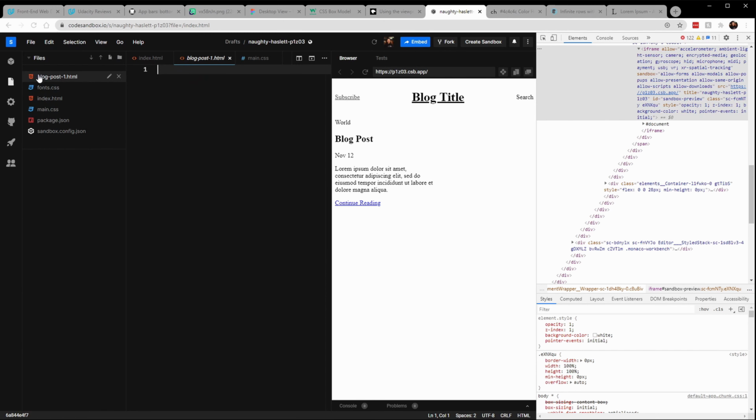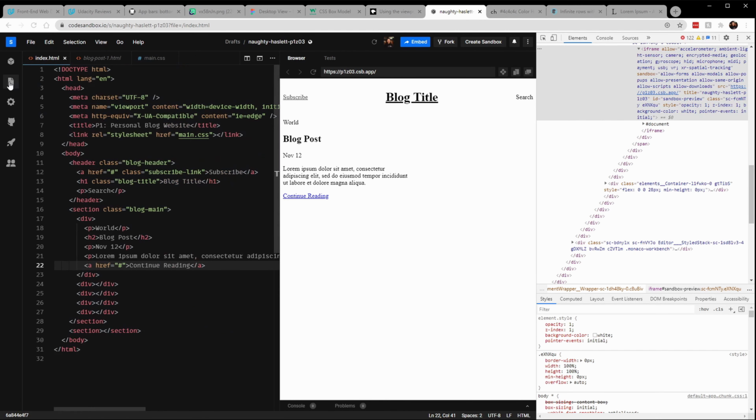Since I have it in the same root directory, what I can do is